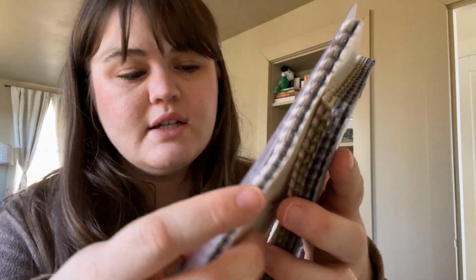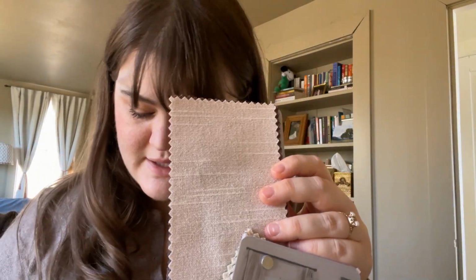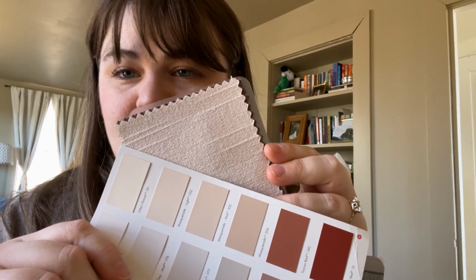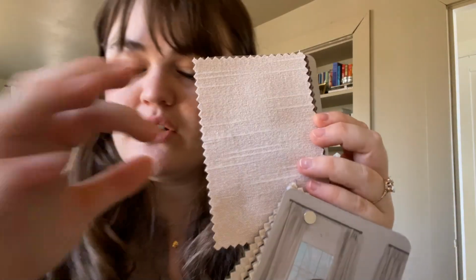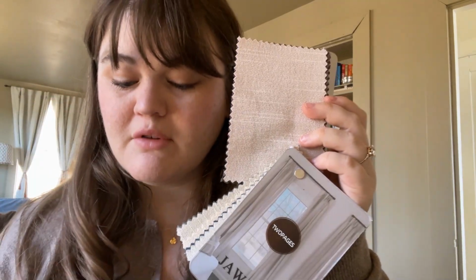And again, this is cotton and linen. And they also have a pink in this one. That's what it looks like. And I think this is a much lighter, softer pink. And I think those actually go really well together. This one might be more of a neutral undertone, but I think if the whole room is this kind of warmer pink, that will feed off of those warm undertones and reflect the light